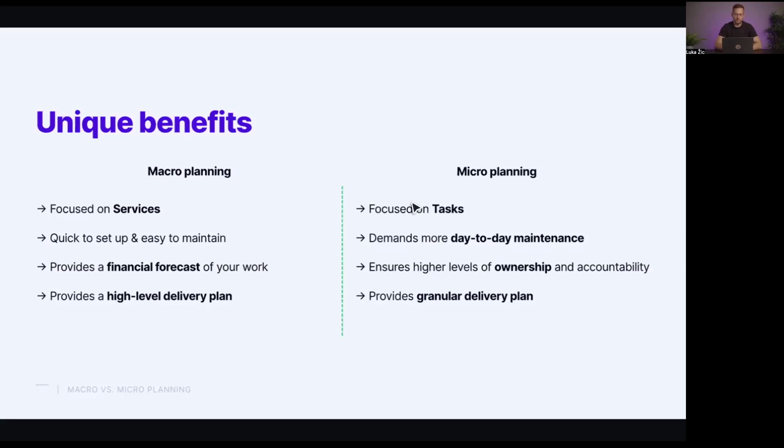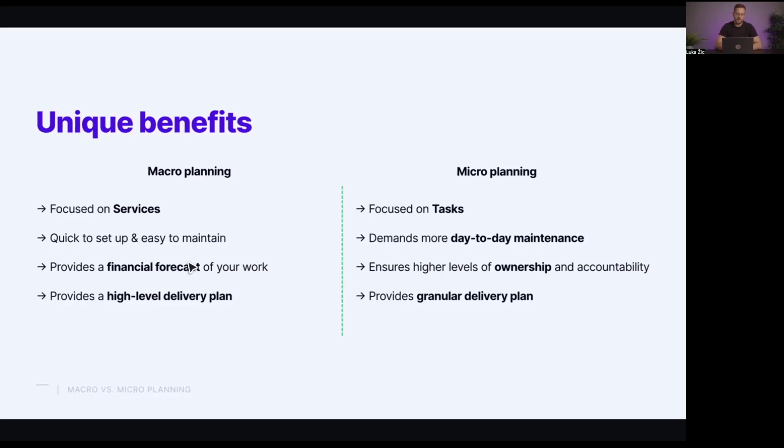Microplanning does require more day-to-day maintenance. And this is especially true when you run into situations where you are doing bottom-up planning, which we'll touch upon more in a second, where you actually have the client perhaps changing or revising the conditions in which you are concluding a contract. And this requires making quite a few changes on your end in how things will be planned out and delivered in the end.